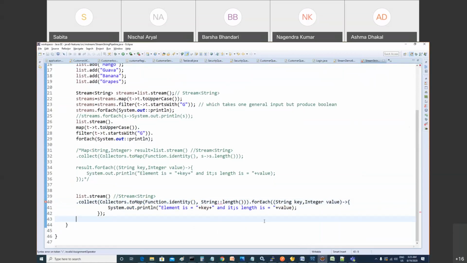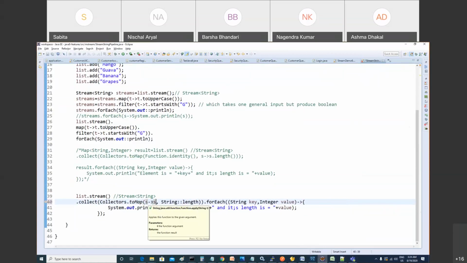You need to get rid of this. Yep, not needed. Here I'm just thinking, like here, it is not a method invocation, right? You are just passing the parameter, and it's returning the same. So it is not a method invocation. Right? But if I do it like this, toUpperCase,